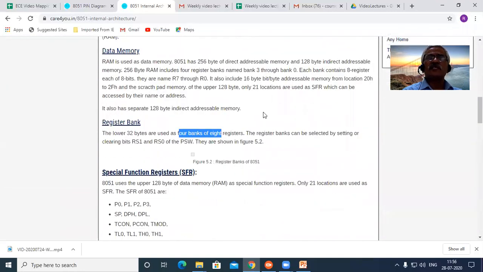So what we have seen here is that there is a data memory, and this data memory is 256 bytes in the case of the 8051, where the lower 128 bytes and another 128 bytes are indirectly addressed. Then you have the register banks.